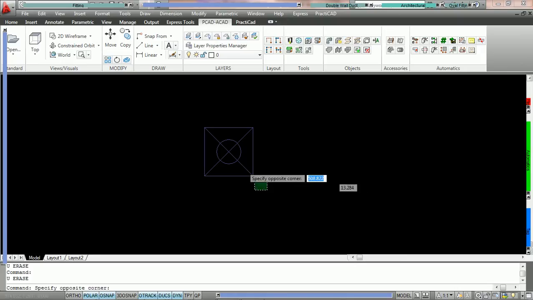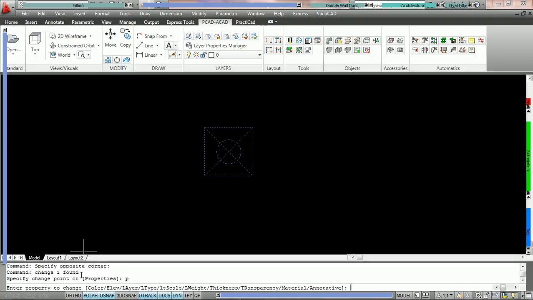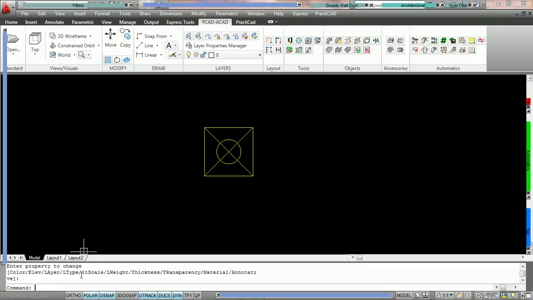For example, if we were to highlight this grill and we wanted to change the color of this grill through the command line, we would come into the command line as we're going to do now. We're going to type in the word change. We're going to hit the space bar. We're then going to type in the letter P and hit space bar. We're then going to hit the letter C for color and hit space bar. And then we're going to type in 50, which is the color for yellow, and hit space bar once and then a second time. When you do that, AutoCAD has just changed the color of the object through the AutoCAD